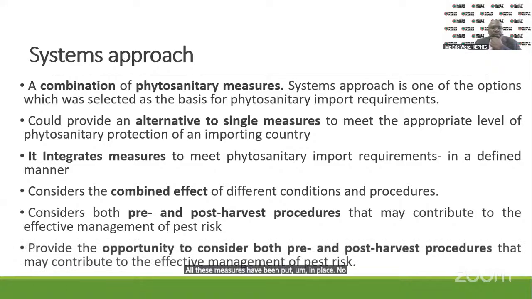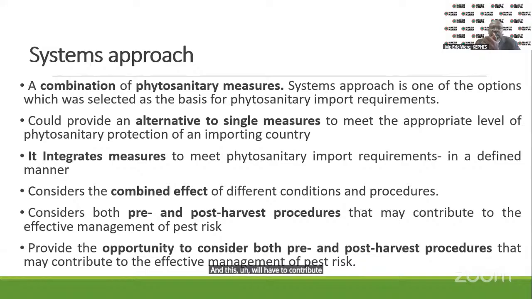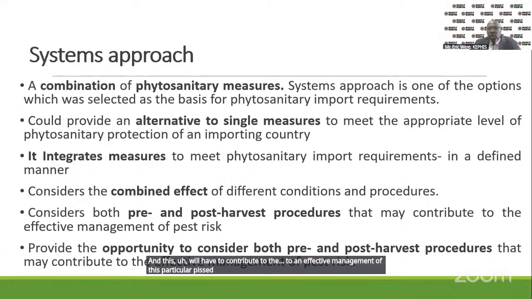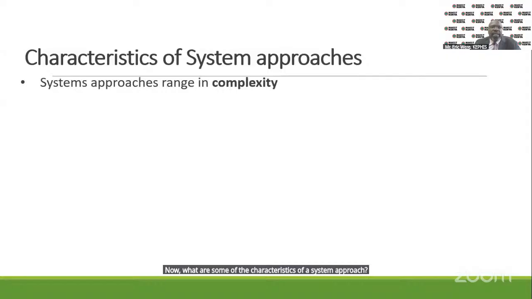Now, the system approach will also provide an opportunity to consider, as I'd mentioned, both pre and post. And this will contribute to an effective management of this particular pest that you are considering, or pest of concern. Now, what are some of the characteristics of a system approach? One is that a system approach